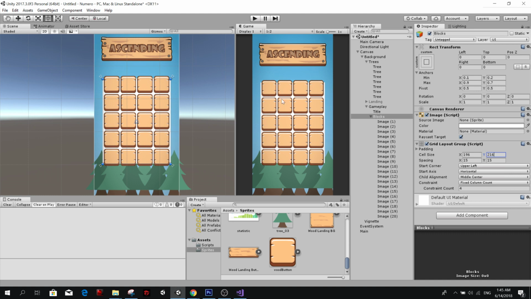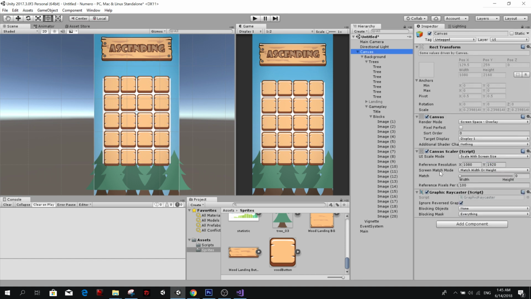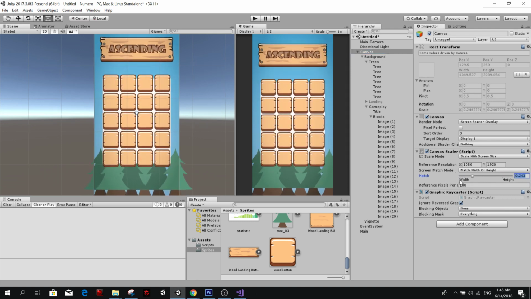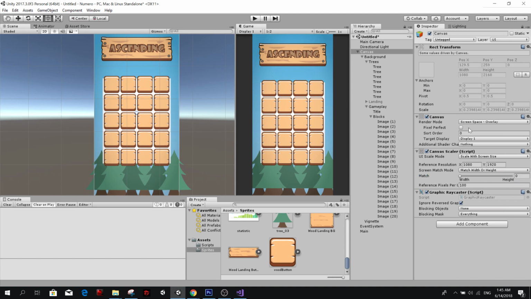I think it's okay. Remember, all this size will be relative to the canvas reference resolution. So if you change this, the sizes are going to be a little bit different. So remember to set this, otherwise you will see different results in high resolution monitors.